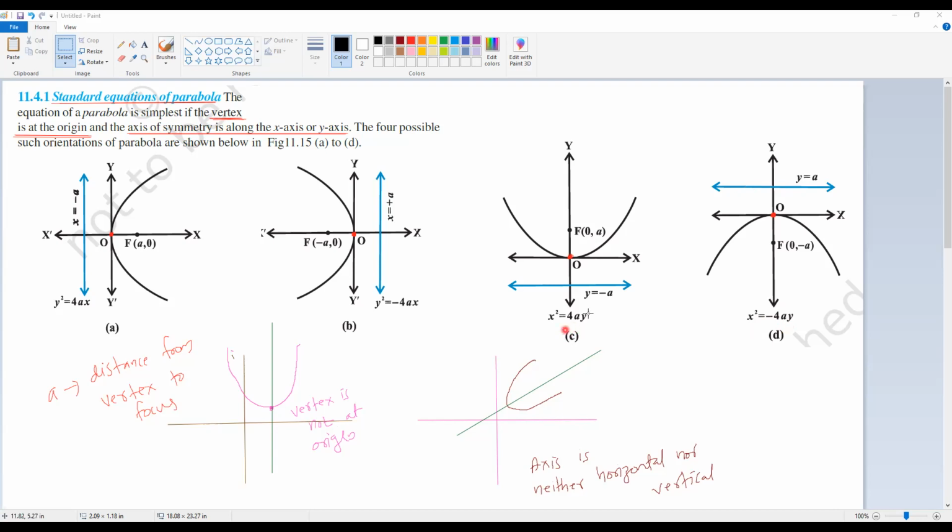So only you remember these formulas: open right है तो y square is equal to 4ax, open left है तो y square is equal to minus 4ax, open up है तो x square is equal to 4ay, open down है तो x square is equal to minus 4ay। अब ये याद रखने का एक technique बताता हूँ